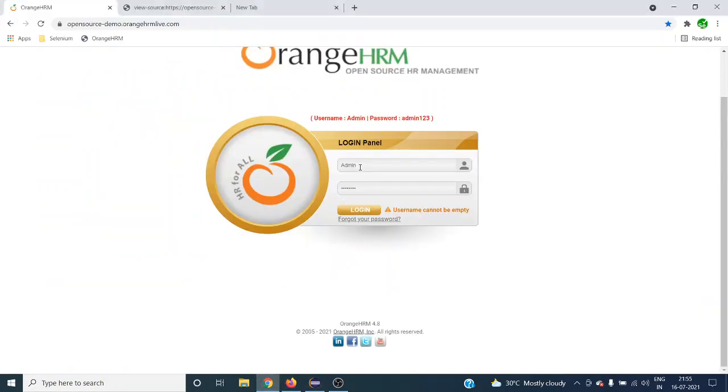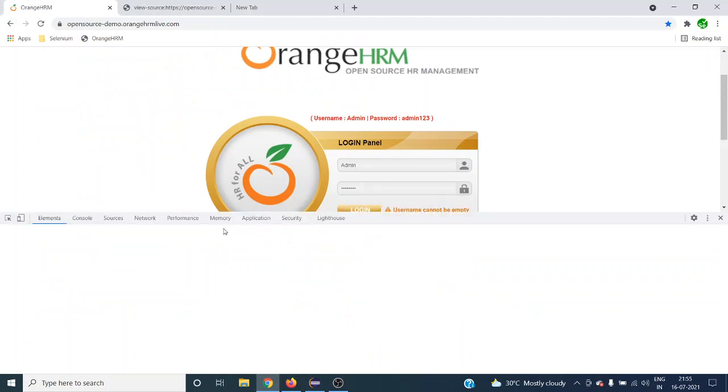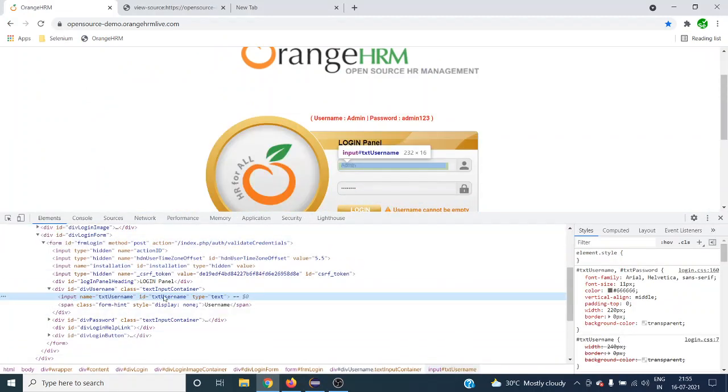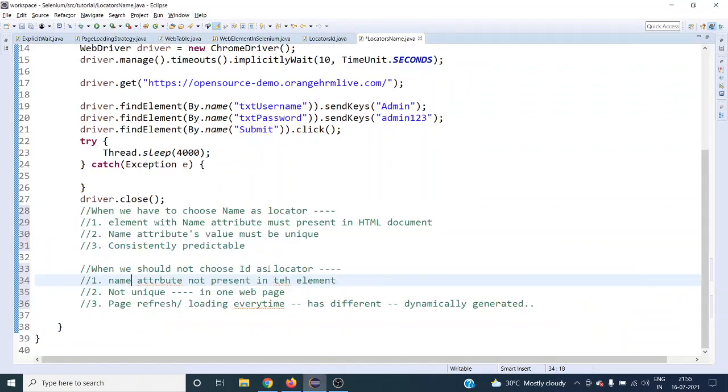Say this particular web element, this input, if the attribute is completely not there, how can you locate using the name attribute? We cannot, right? If it has just id and type as attributes, and you are trying to access that web element using the name attribute, it will throw a NoSuchElementException. So in that case, we should not use the name attribute at all.